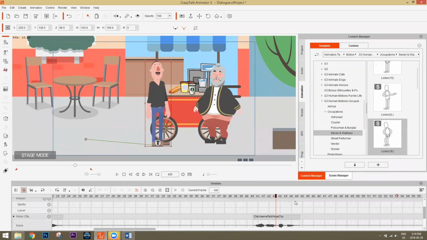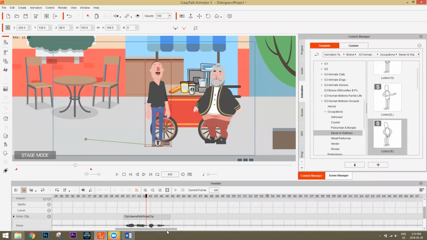Okay, so this is kind of just the way that I do it. I know maybe some people might have a different workflow, but I like to get the body animations out of the way as well, because then you can use your facial animations to complement the body gestures and stuff. So let's go ahead from here.